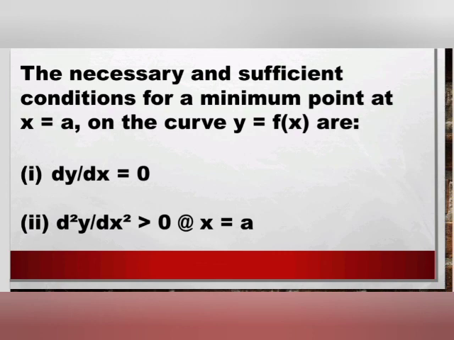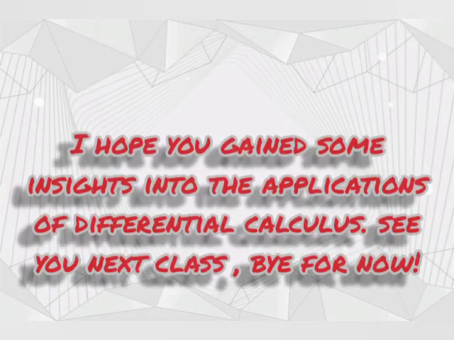So these are the conditions necessary for a minimum point at x is equal to a, meaning at a particular point. So at both minimum point and maximum point, the first condition necessary is our dy/dx is equal to 0, and d²y over dx squared is greater than 0 for minimum. Okay, so